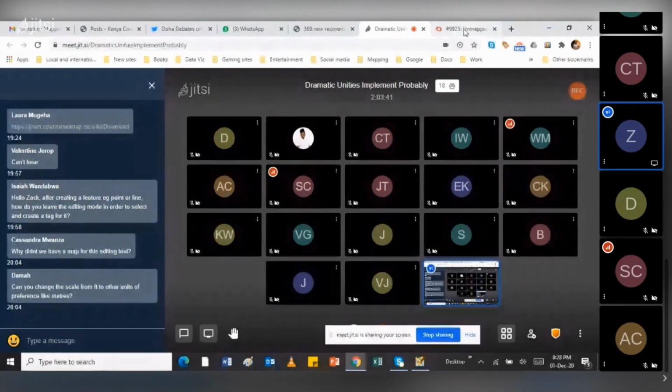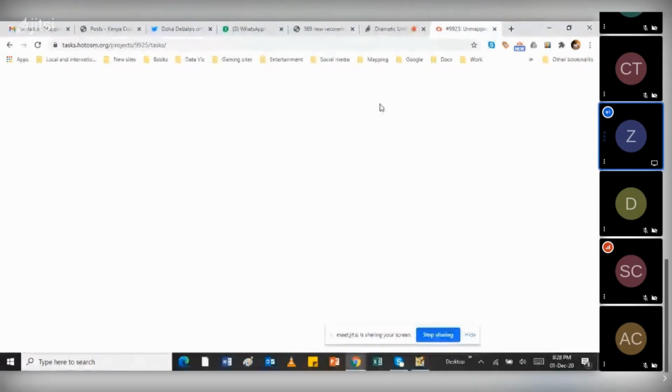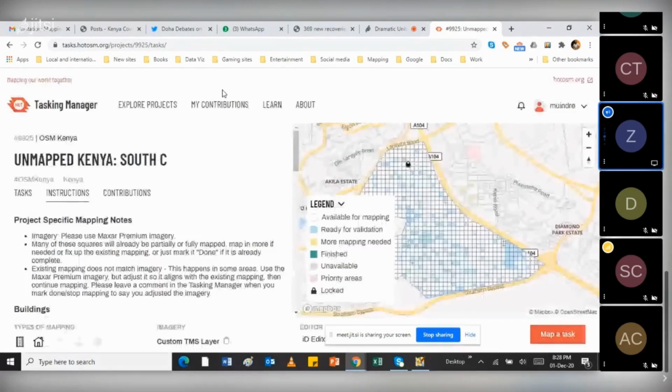And I don't think I'll take so much time here because James explained how it works and how to add specific tasks that are there. So just directly demonstrate how to use JOSM, how to map the task using JOSM.